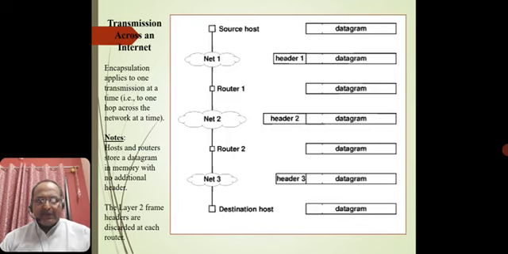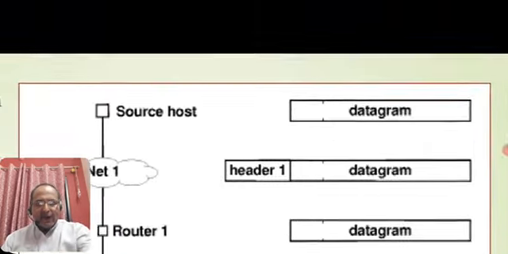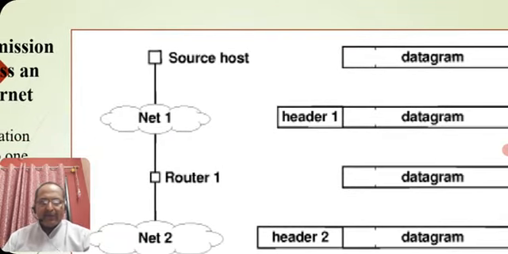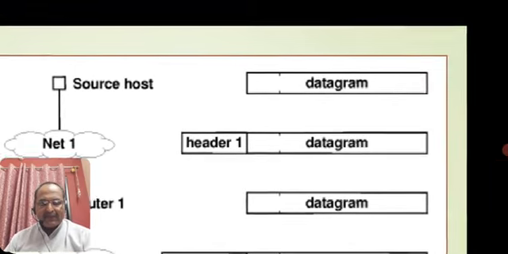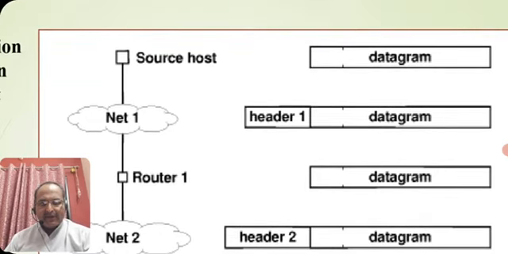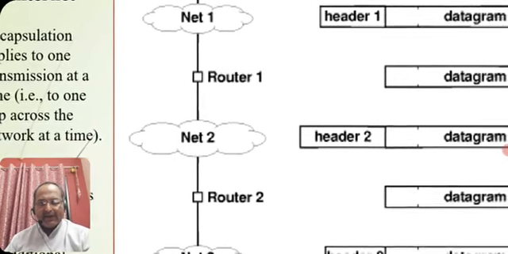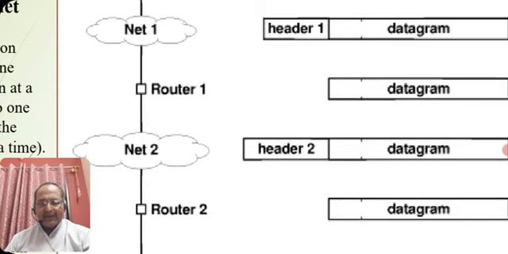If a host and a router source a datagram, additional headers can be included. This is a simple representation of how the source host, say net1, contains a datagram including header 1, which identifies that host and other things. The datagram reaches router 1, and in net2 it is identified with header 2. Then header 1 is reinitialized to give one more new token number, and the second token number is passed to the datagram in net2.